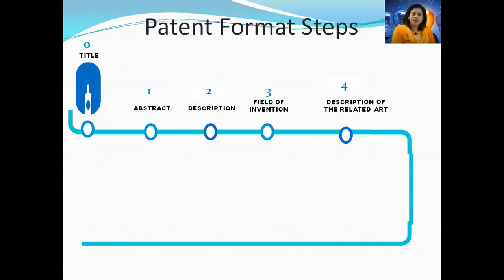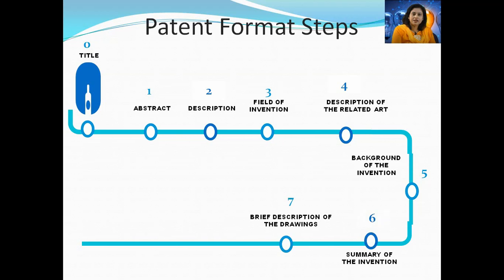Then comes background of the invention. Here you have to give few prior patent publications, patent number, name of the person, company, who filed patent and the date in your related area. After that, you have to give the summary of the invention. Then you have to give brief description of the drawings. Drawings which you will provide must be represented as figure 1, figure 2, figure 3, etc. You may give different views of the product such as schematic view, cross-sectional view, top view, etc. and describe it accordingly. All the drawings must be in one page.